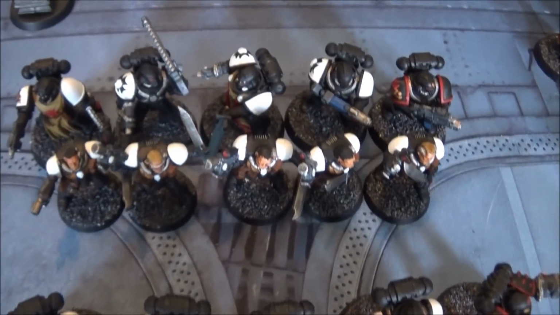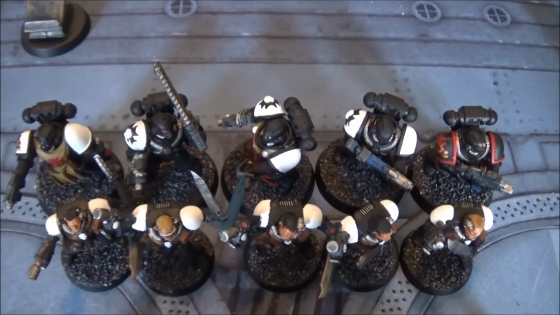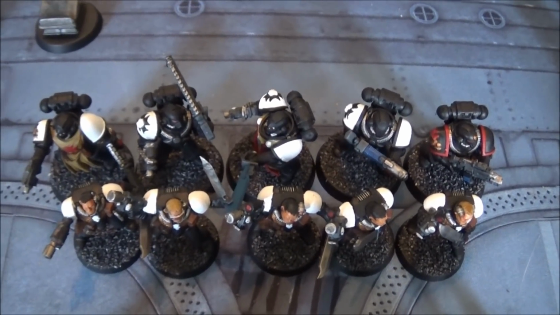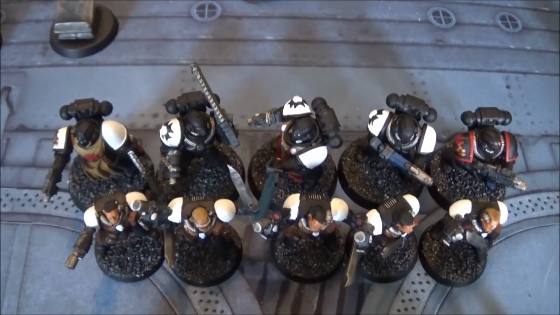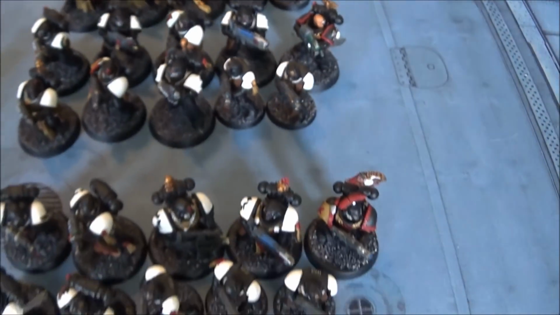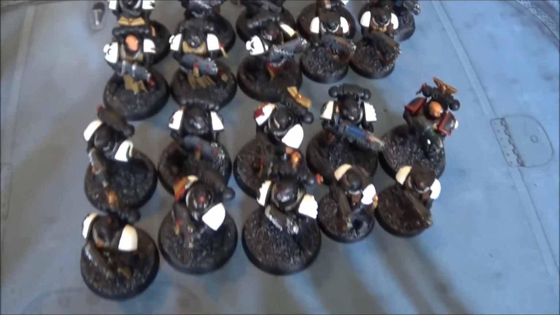And the final choppy squad that we have today, we've got a Combi Plasma, Plasma Gun, Power Sword on the Sword Brother, and then finally, as you've probably heard me say 5 times already, Bolt Pistols and Chainswords on everyone else. We then have more of a support shooty element, and we have 4 more 10-man